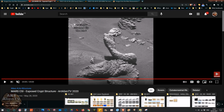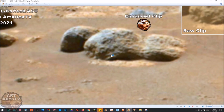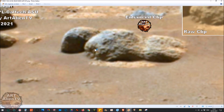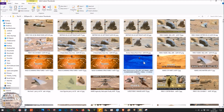There are many examples of these burials, and I think a lot of these things on Mars are exactly that, exposed burials. There's that thing I showed you from Percy Sol 62. There we are. Look, there's the two eyes, a nose, and some jagged teeth and a chin there. Not a lot of detail in there, but that's what it looks like. It's kind of mummified and semi-fossilized by the looks of it. Okay, in the minerals that are in the crater,